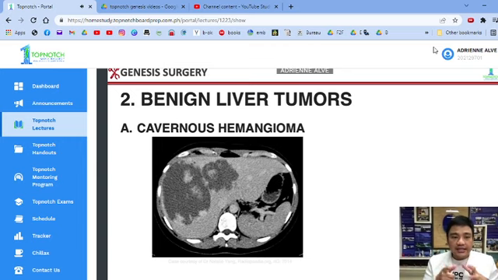Okay? So, here on the CT scan, on dual phase CT for cavernous hemangioma, it would show you a peripheral enhancement, hindi pantay-pantay na enhancement of your capsule, and then progressive centripetal enhancement. Although not entirely seen in this picture, it's worth noting lang. Usually a good CT scan or yung properly done CT scan is enough to clinch a diagnosis for